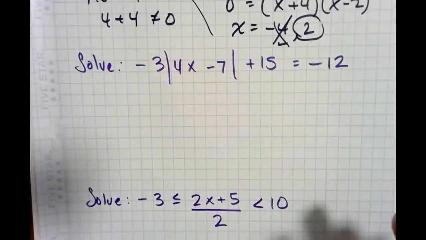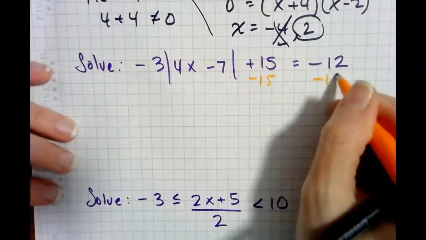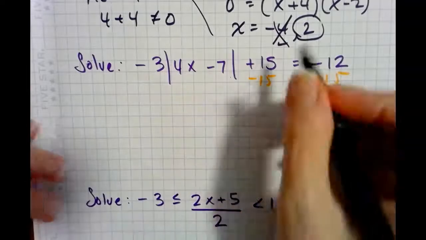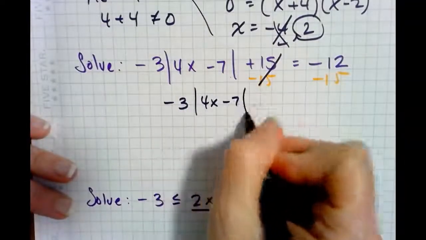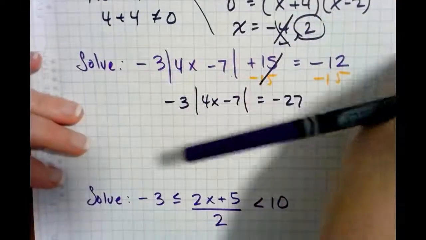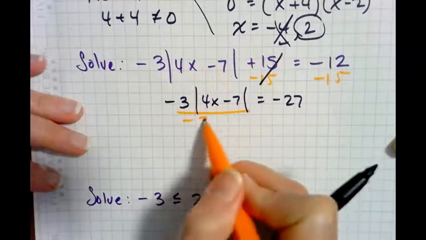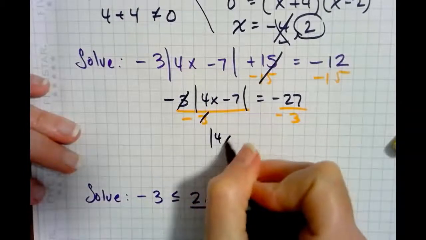Whenever we have to solve an absolute value equation, we isolate the absolute value expression and then set up two cases. I believe we did one of these in class. So I'm going to first dump that 15, and I get negative 3 times the absolute value of 4x minus 7 equals negative 27. And then next we will divide by negative 3 and get the absolute value of 4x